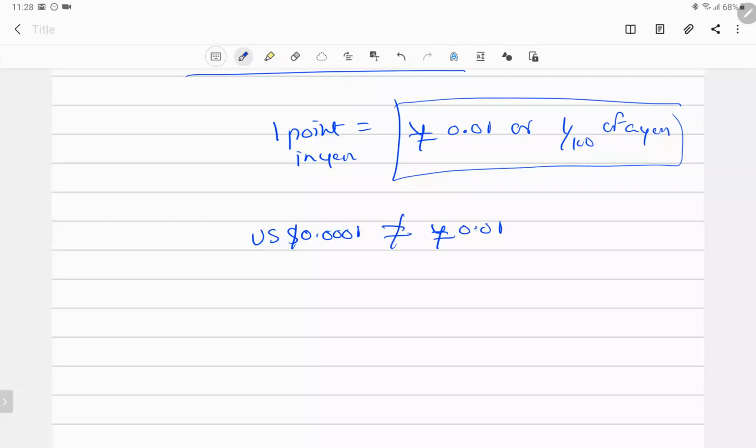So pip is nothing but the fluctuation in points. So how much points the exchange rate fluctuates. That is the concept over here. If there is a fluctuation of 2 points, it does not mean that yen will also be fluctuating in 0.02. It is different. The fluctuation in one exchange rate is not equal to the fluctuation in another exchange rate. So it will be entirely different, right?